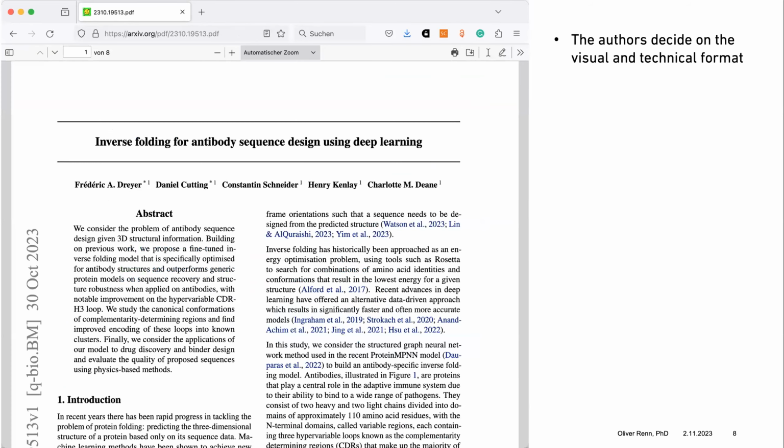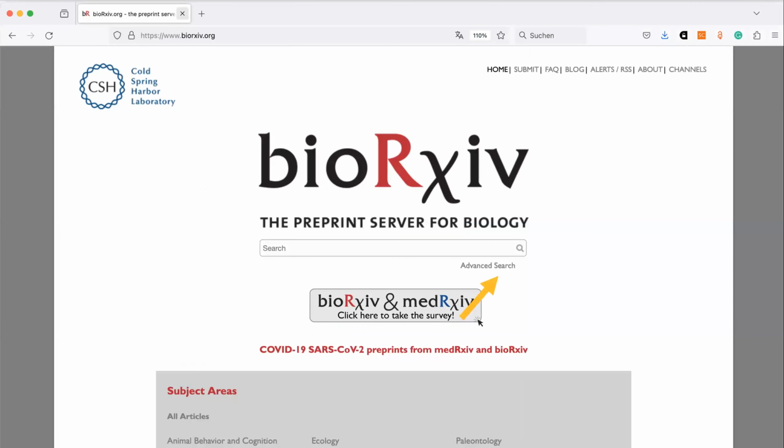And what you get is a PDF, and the style of the PDF depends on the authors. So the authors decide on the visual, but also on the technical format. So all kinds of different PDF formats are uploaded. And then the next big one was the server for the life science community,